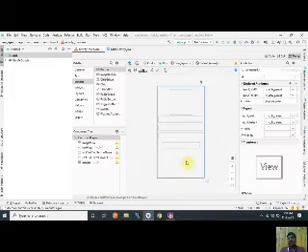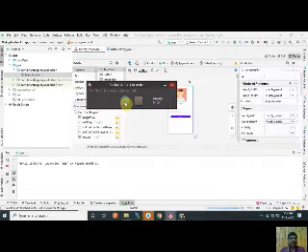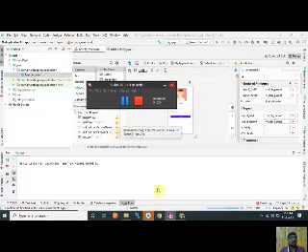Now you see our login page is ready to execute. Now I perform the execution. Now the app is installed on my mobile.